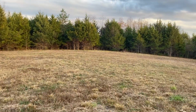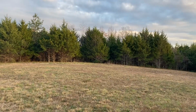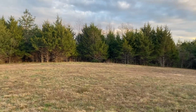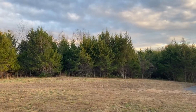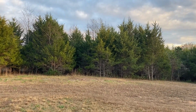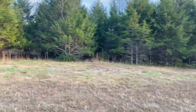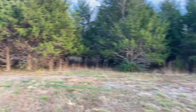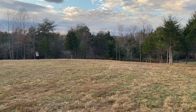But anyway, the utilities are gonna come in from over here. I marked them with some flags. It's gonna weave through the buffer zone back and forth, so there's no straightaway. I'm gonna have to get in there with a ditch witch or something and cut it. It's gonna come in right there. And then it's gonna be